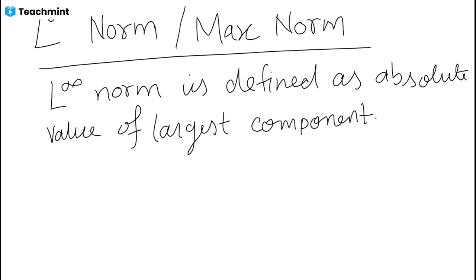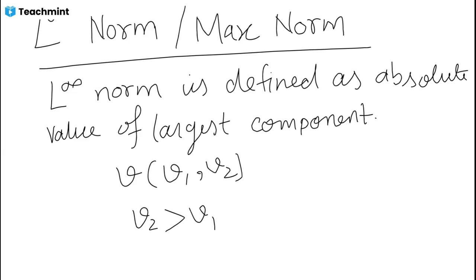What does it mean? If we have any vector v having components v1 and v2, and the second component is greater than the first component, then the L infinity norm